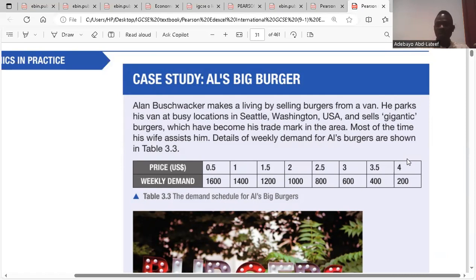So according to the graph, it is expected to sell the least at the price of 4, and the highest at the price of 0.5. So that means there's an inverse relation between price and quantity demanded. So if AL sells at 0.5, it's expected to sell 1,600 weekly. If it sells at 1.5, it's expected that the quantity demanded would fall from 1,600 to 1,200. So that's the inverse relationship between price and quantity demanded. Any question about that? Okay. That's chapter 3. So we did